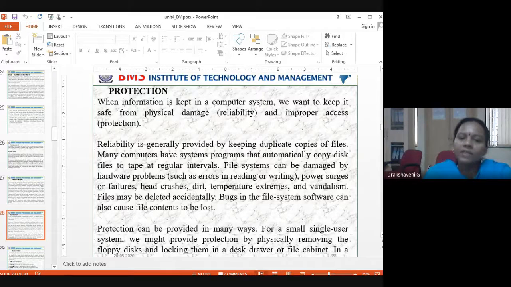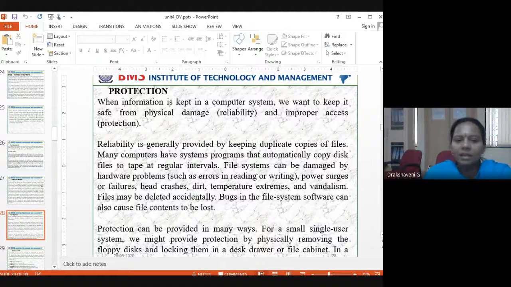Many computers have system programs that automatically copy disk files to tape at regular intervals. A file system can be damaged by hardware problems such as errors in reading or writing, power surges or failures, head crashes, dirt, temperature extremes, and vandalism.